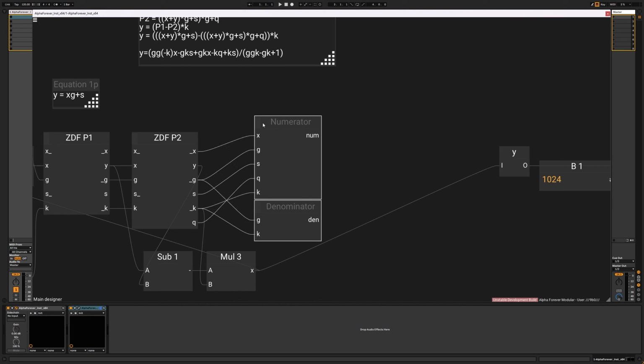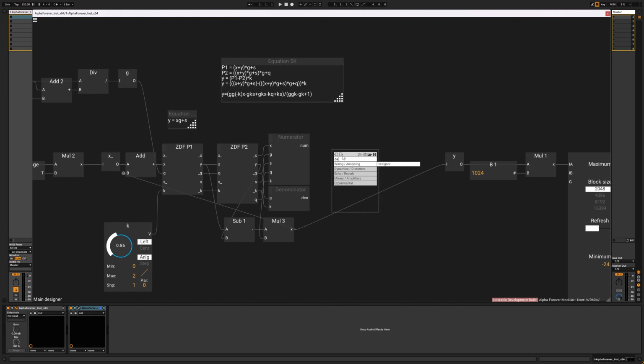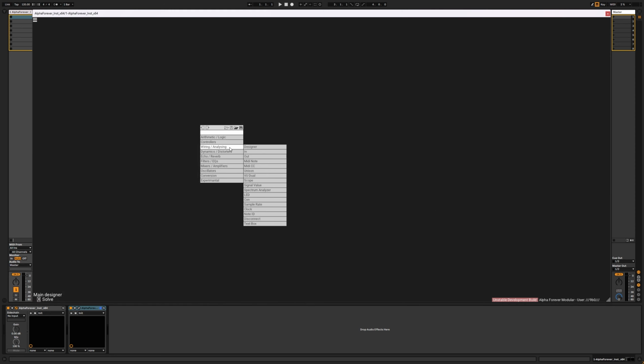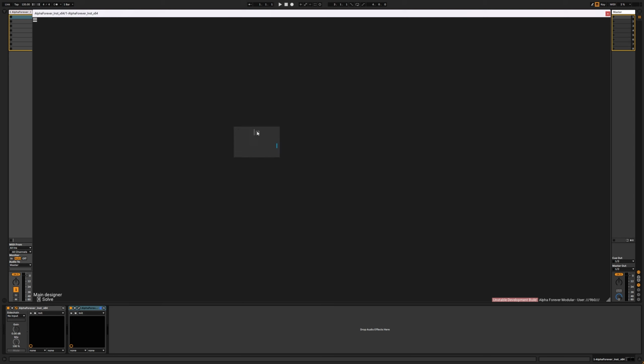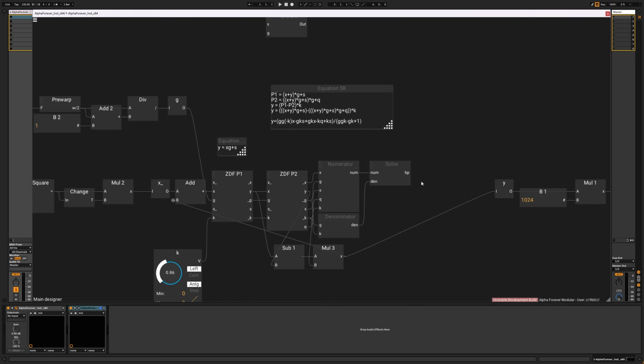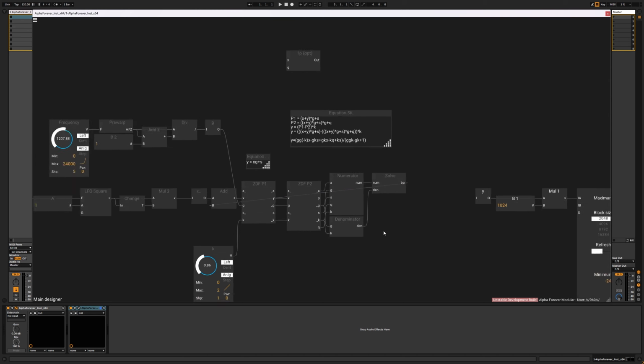Okay, like this. And yeah, here we could do just a simple division, but it looks so cool if we create a node for it, like numerator, denominator, divide, and the output is the bandpass, which we want to feed back into the input. This goes back there, this can jump out, and